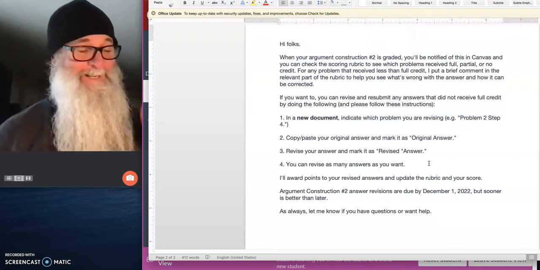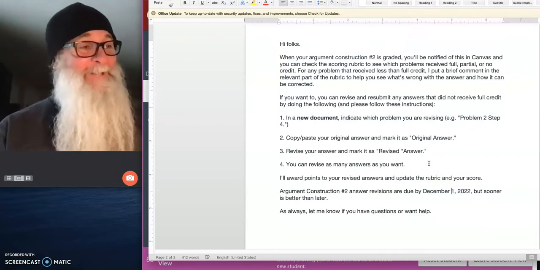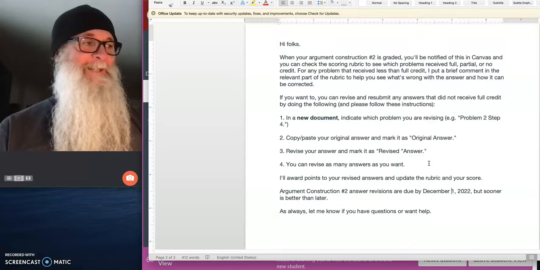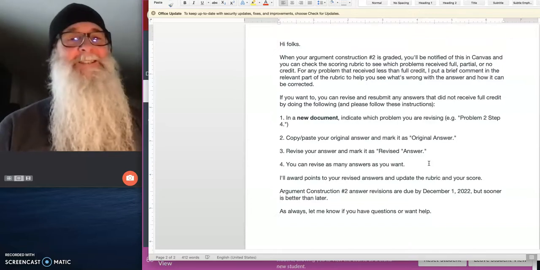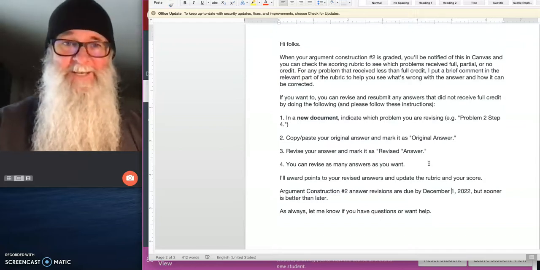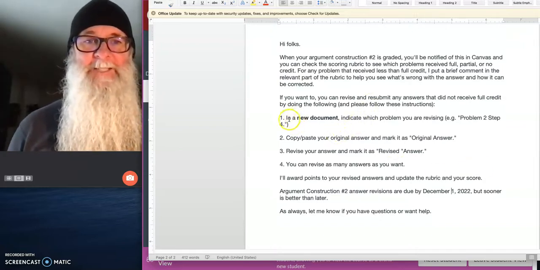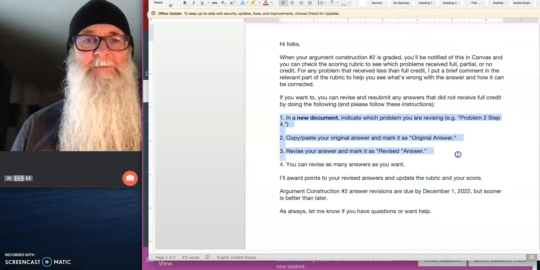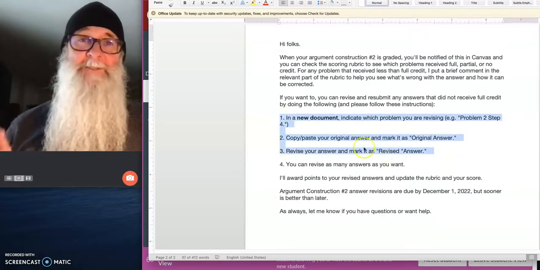It's always super frustrating to me when folks don't do this in the way that I'm asking them to do it, and then I think, oh my God, this person must hate me because they're making this so difficult for me to evaluate the revised answers. So pay really careful attention, in particular, to these first 3 items